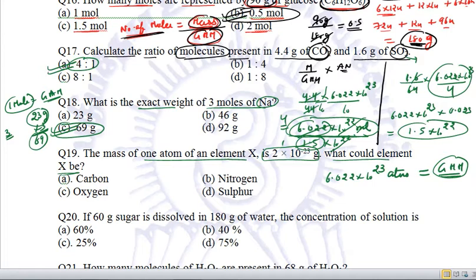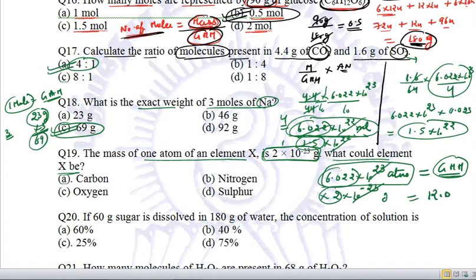So, if the mass of one atom is 2 into 10 to the power minus 23 grams, the mass of 6.022 into 10 to the power 23 atoms will be this multiplied by 2 into 10 to the power minus 23 grams. Cancelling 23 minus and plus, we are left with 6.022 into 2, which comes out to be